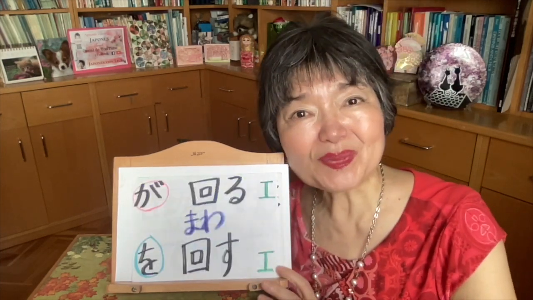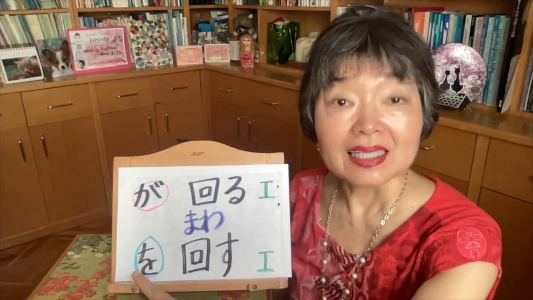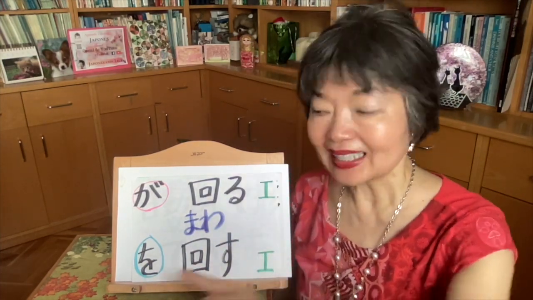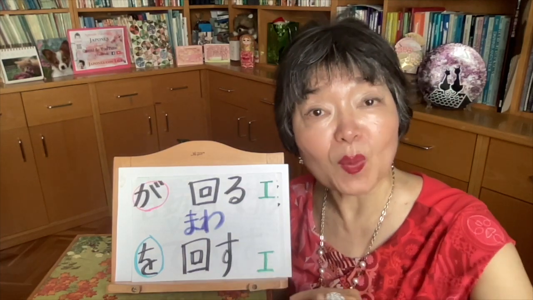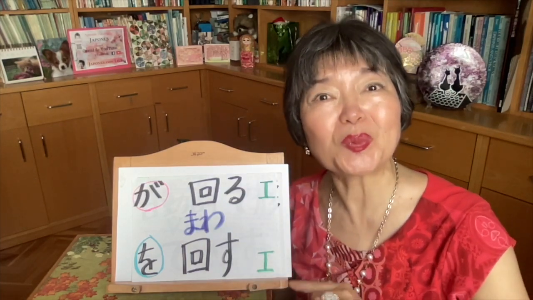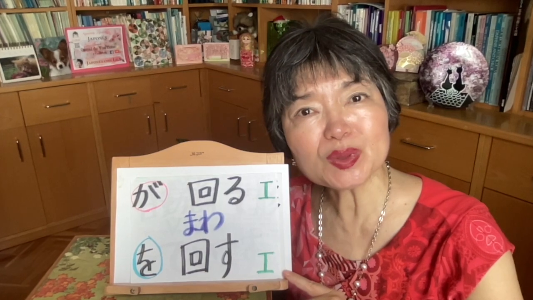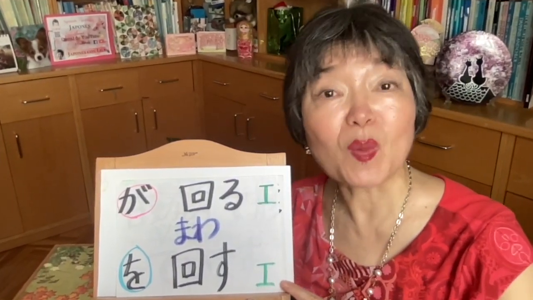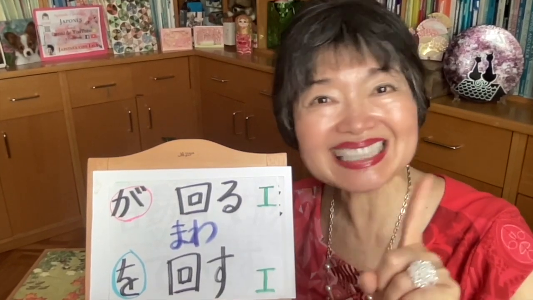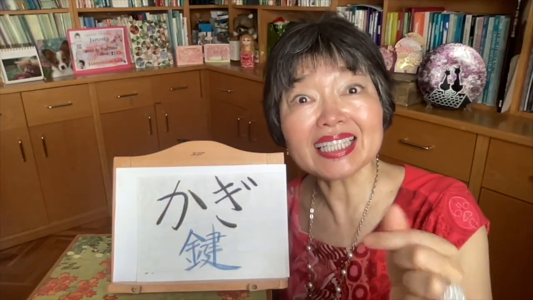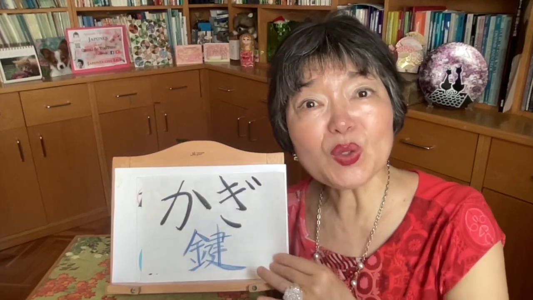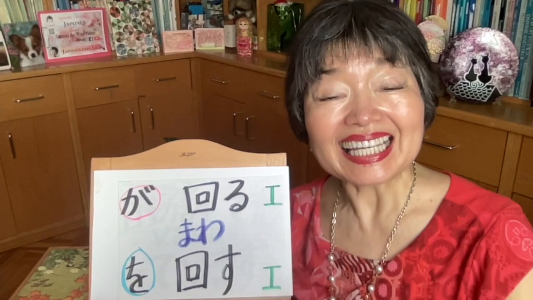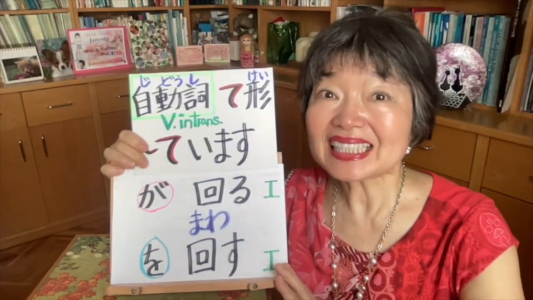Now the transitive verb, someone turns or someone spins something. Something を回す。This is also group 1. 回す、回します、回して、回した、回さない。Turn the key, please. 鍵を回してください。